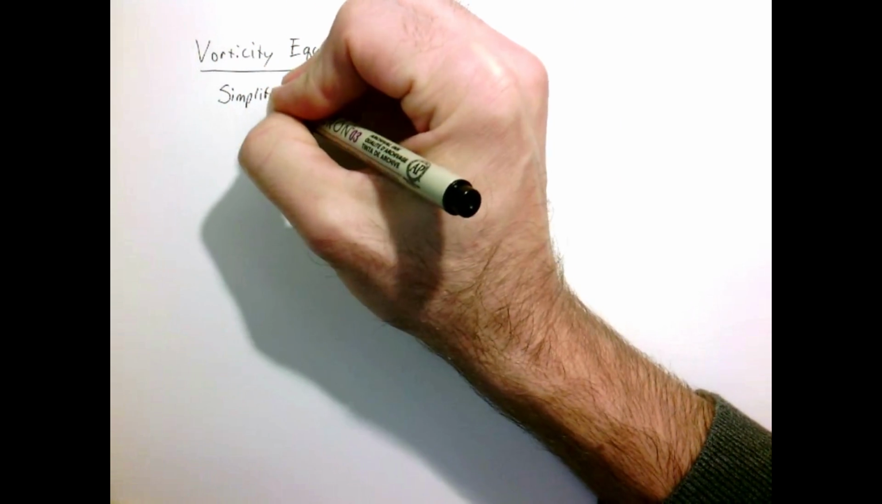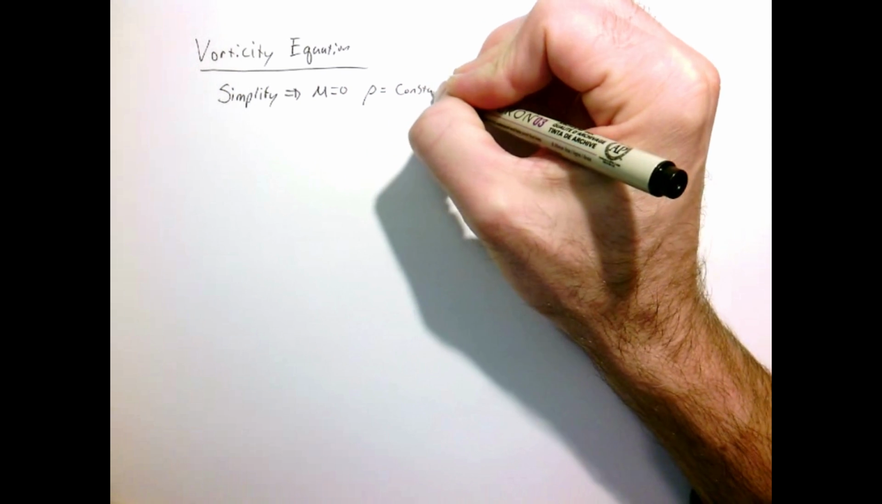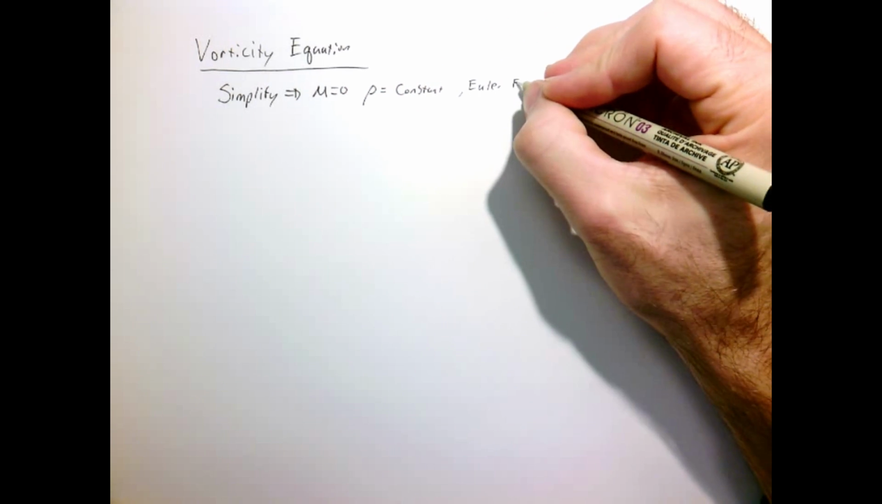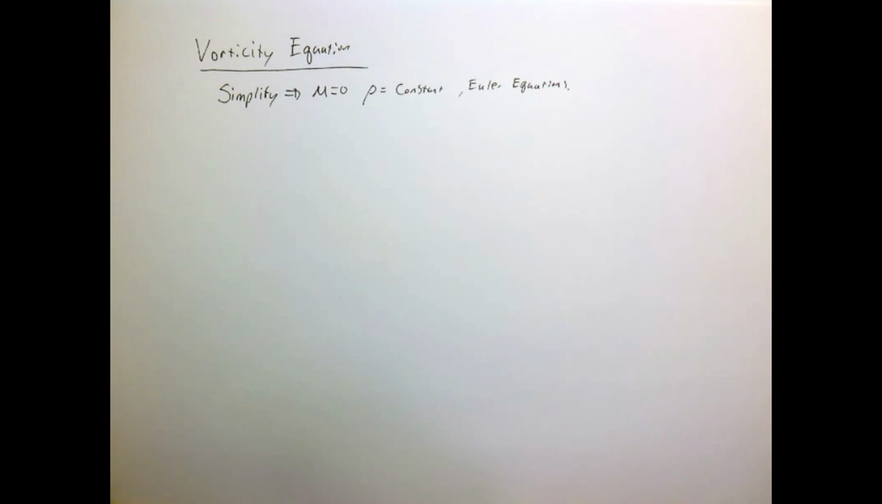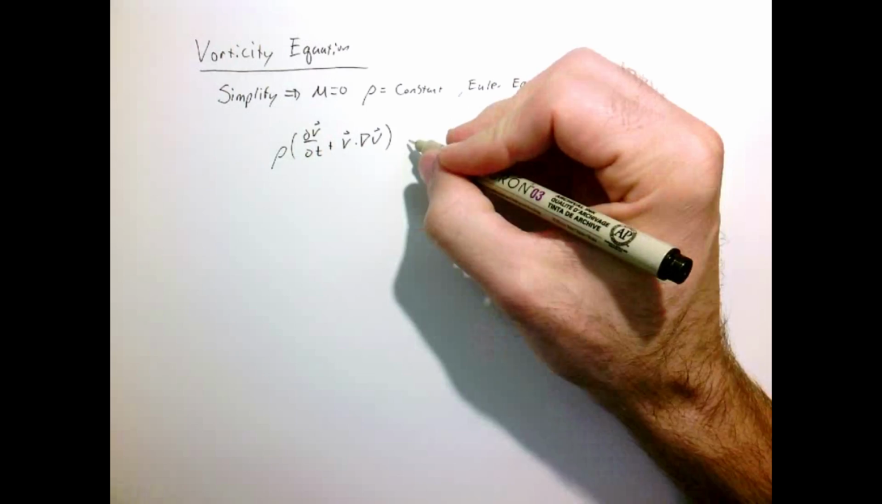So let's look at the vorticity equation, and we're going to take a simplifying limit. We're going to take the limit where the viscosity is 0, the density is constant, and so therefore we're really just working with Euler's equations. So let's write out Euler's equations for this case,